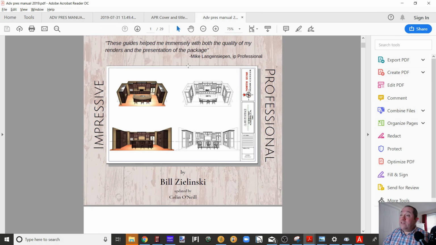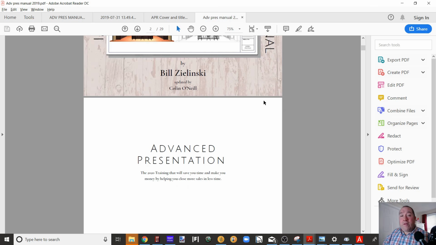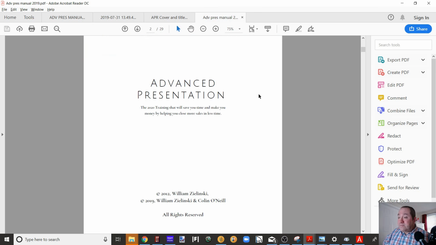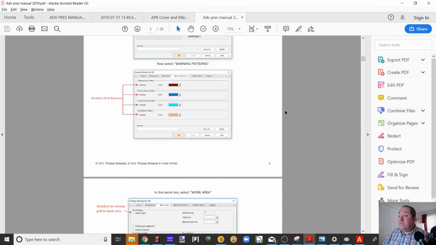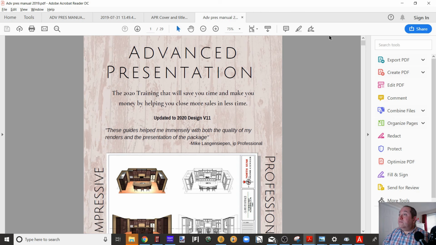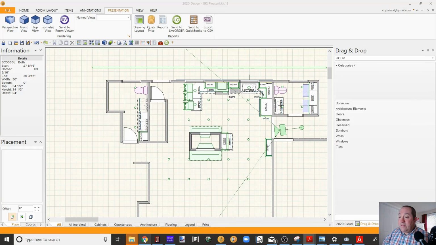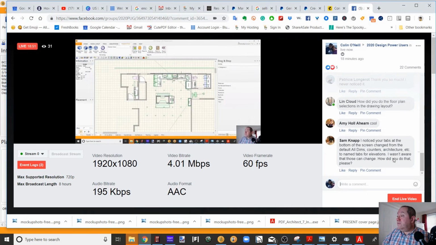You can see on the cover, this is one of his layouts, and everybody's layout is going to be different. That's the beauty of it. But once you set it up, it's set it and forget it. Anybody remember Ron Popeil? Set it and forget it. This is just a few of the pages, and it's an in-depth, step-by-step lesson, or training, that will show you how to do it. We just put this together over the last couple of weeks, and it's now going to be available through the